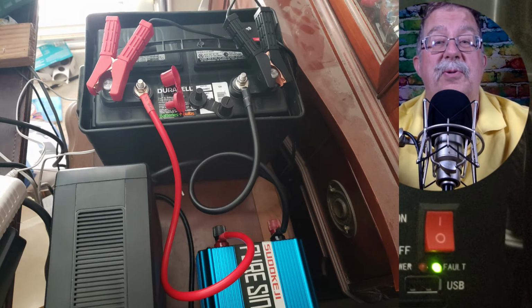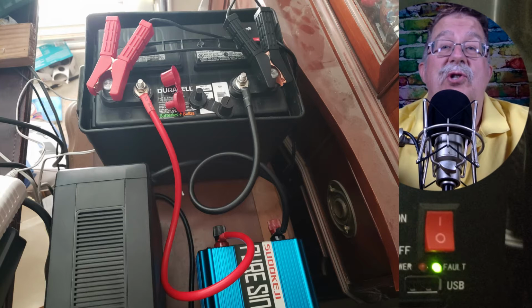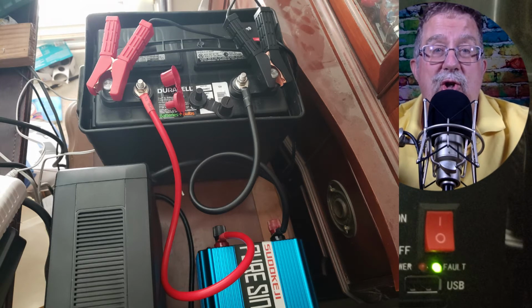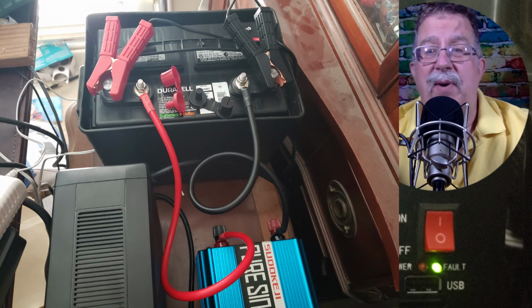Don't let that concern you, and then you'll be ready to go. So you could technically run off the battery. I would suggest not, and here's why: because you don't really know the condition of that battery. So what we'll do is we'll then bring in the smart charger that I'm calling it, and we'll bring that